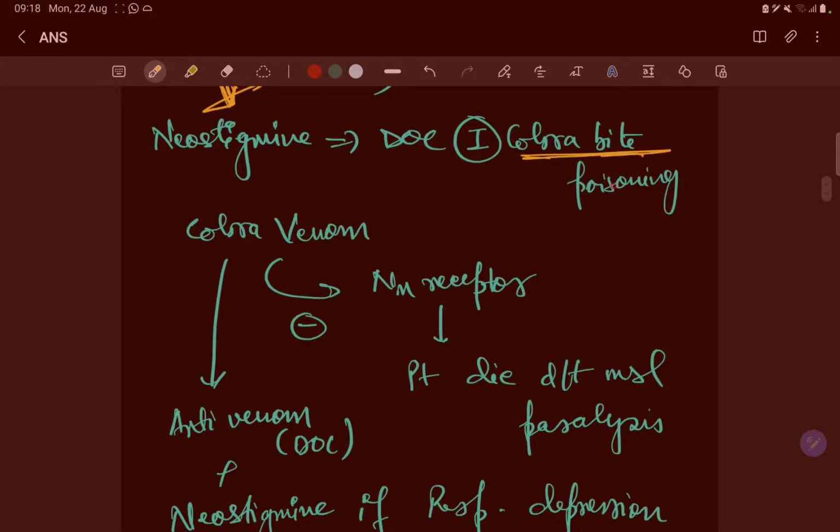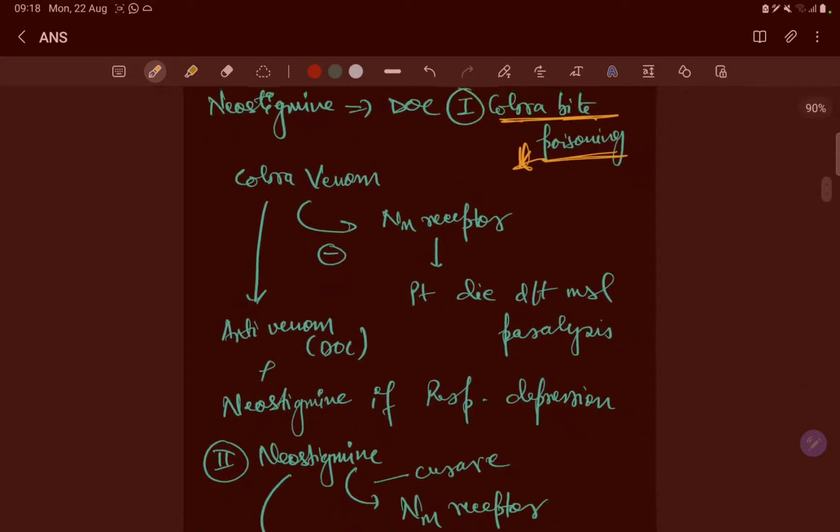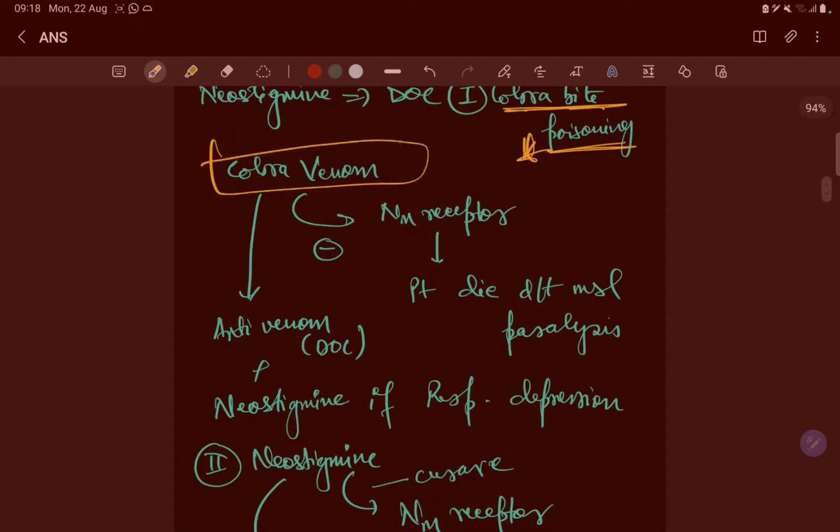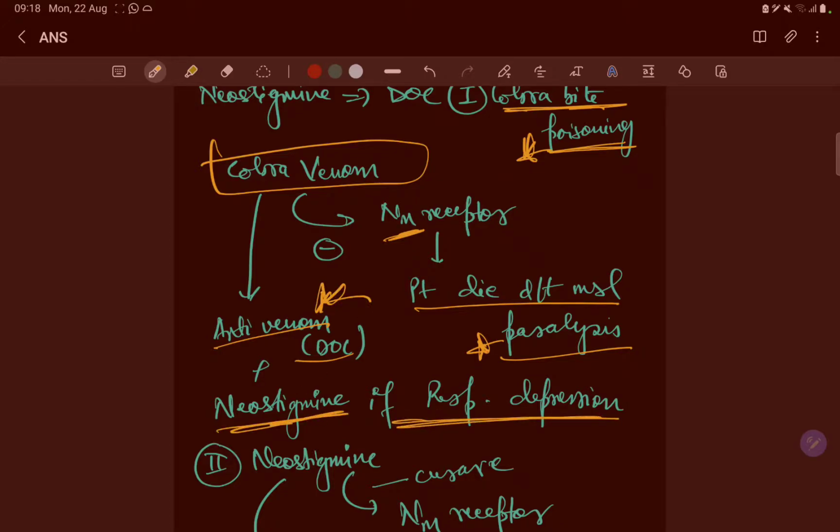Neostigmine is a drug of choice for cobra bite poisoning. Cobra venom causes inhibition of the NM receptor, and the patient dies due to muscle paralysis. We give antivenom, which is the drug of choice, but neostigmine if respiratory depression is present, to